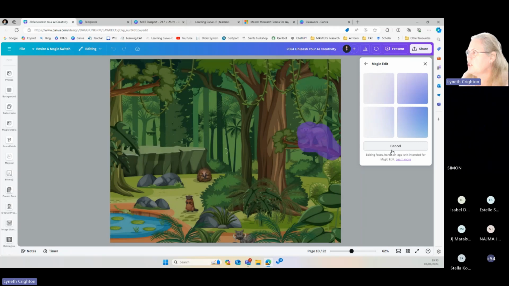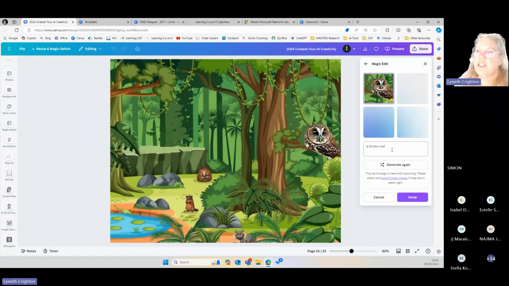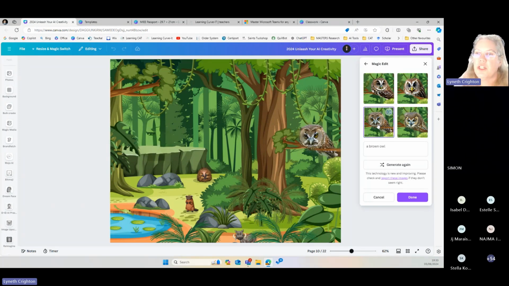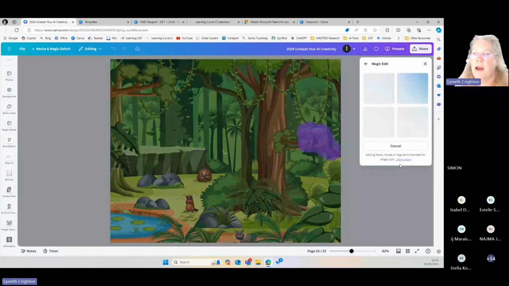Sisutu's there too, Tembi. Sorry, as with AI things, it changes. It's going to give me a couple of options, which I can fill in, and the monkey disappears and I can have an owl in the tree.